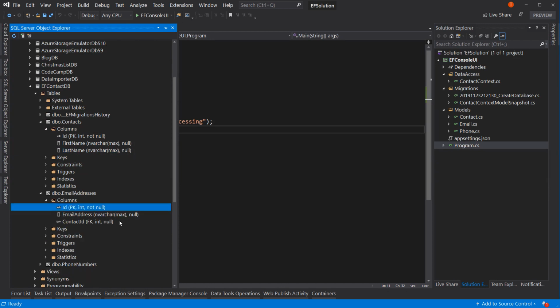Email address, column, primary key is ID. Then we have email address, which is nvarchar max. Again, not ideal. Also, it's nullable, just like first and last name. So you could have an email address with no actual email address. Not ideal. And we have that contact ID, which is a foreign